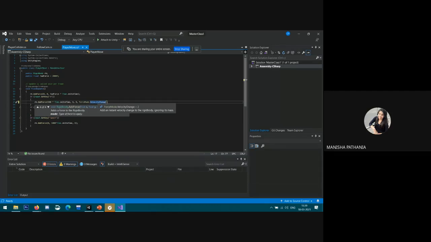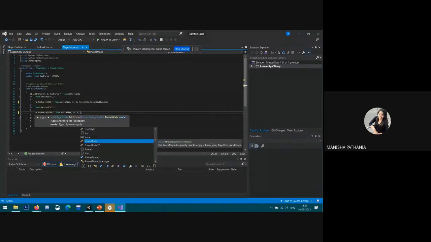Okay, so when I add this in my script, it directly edits the velocity of the object and ignores its mass. So copy this and paste the same in the rest of the functions also.